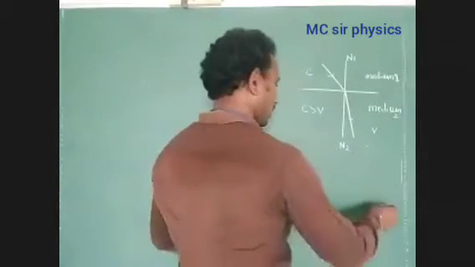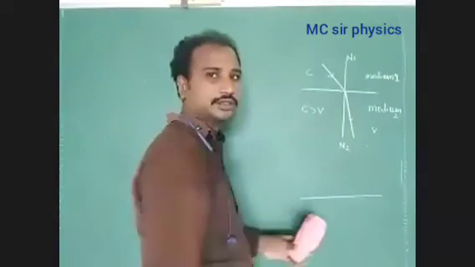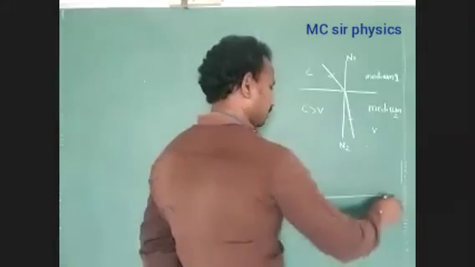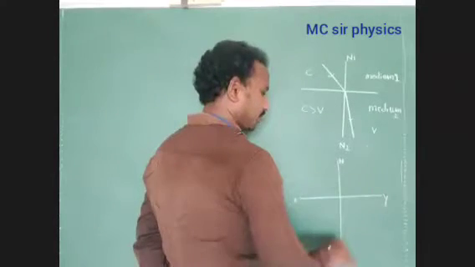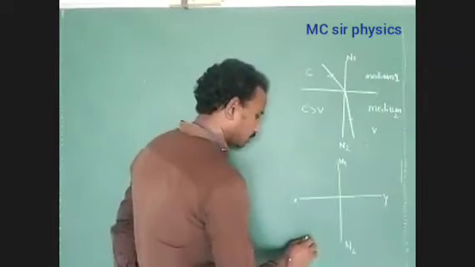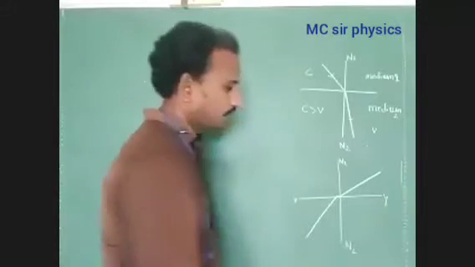Next, we have to consider the direction of the light ray from the denser optical medium to the rarer optical medium. XY represents the refracting surface. Draw the normal. The normal is always perpendicular to the refracting surface, N1 and N2. What is the direction of light ray? The direction of the light ray we have to represent from the denser optical medium to the rarer optical medium.